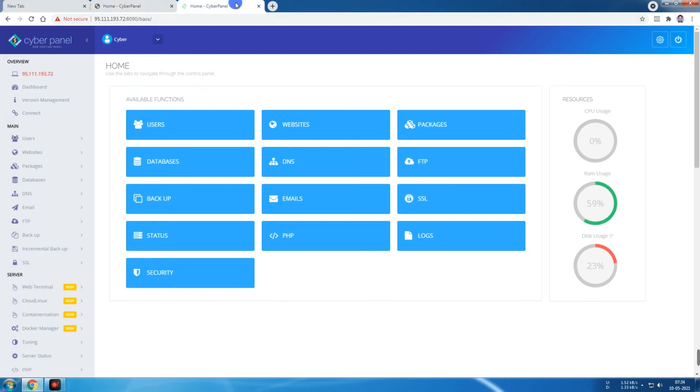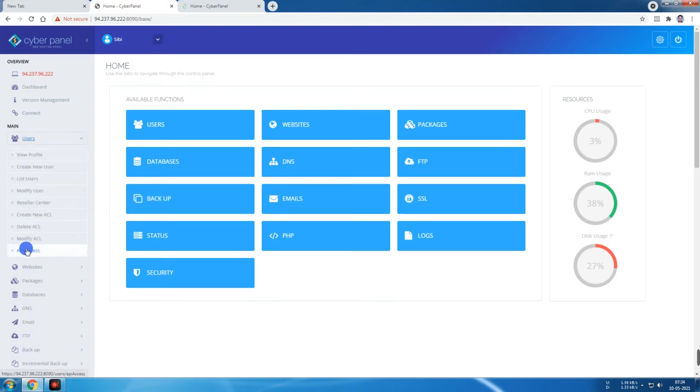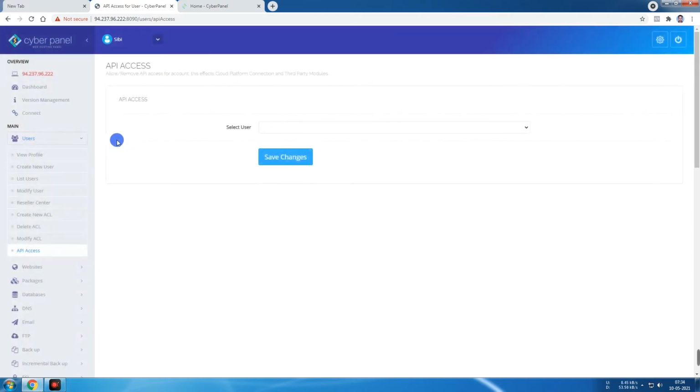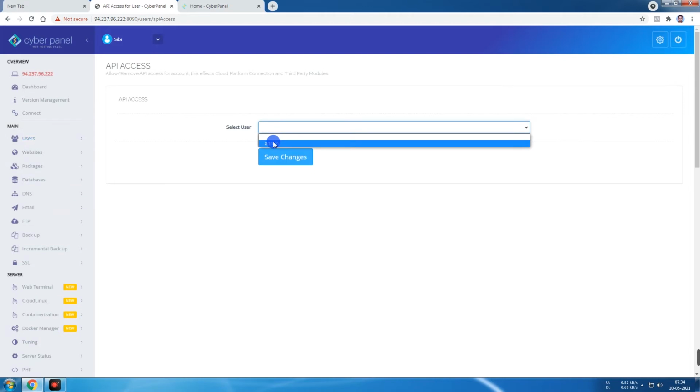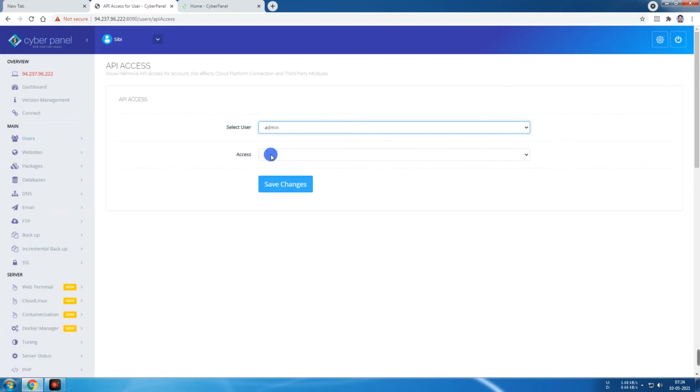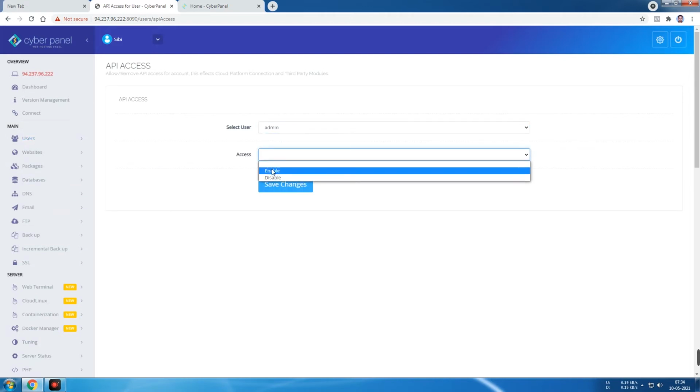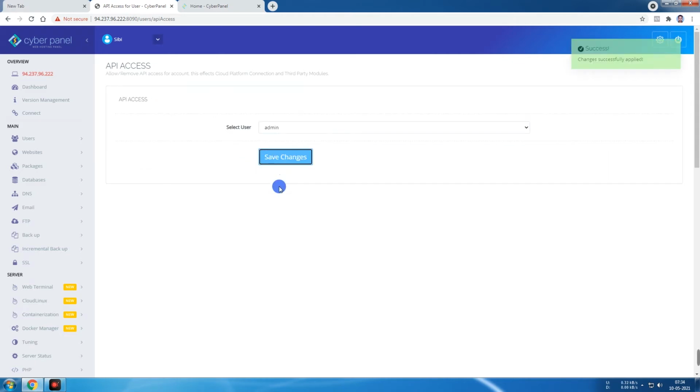Okay. So what you have to do, go to the CyberPanel dashboard and click on Users. There is an option called API Access. Click on that. Then select the user, click on access, then click on enable and save.